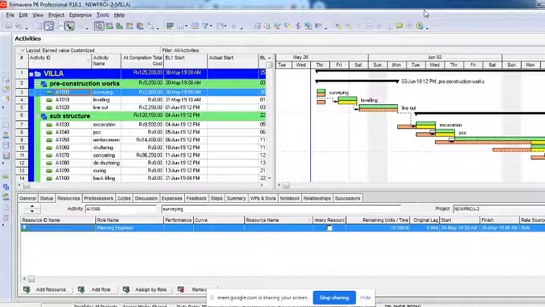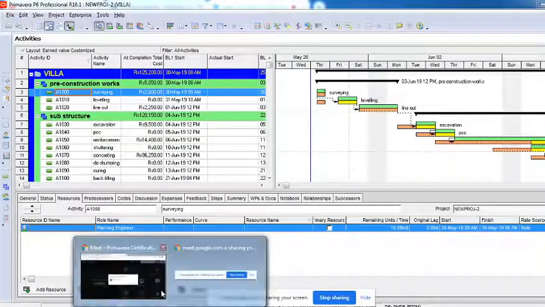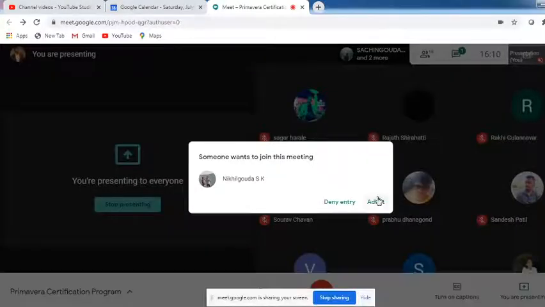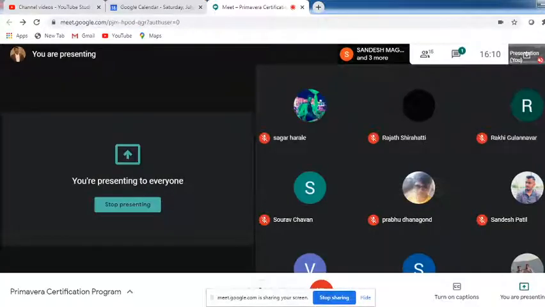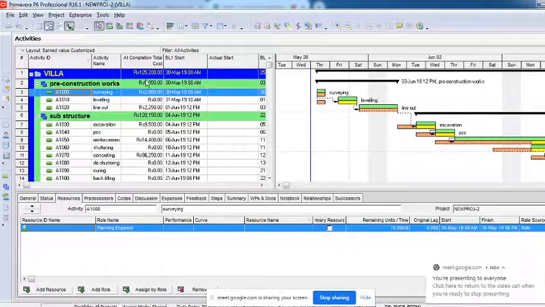Alright, so to start with, user defined fields. Now what are user defined fields? The name itself tells you it's a user defined field. These fields what you are seeing, you call them columns, right? I call them predefined fields.